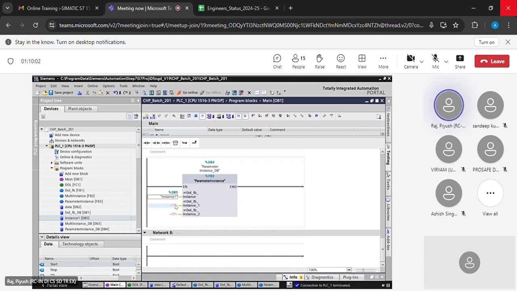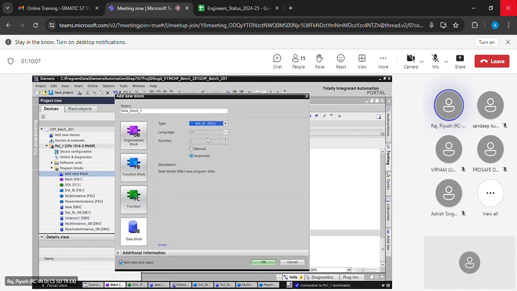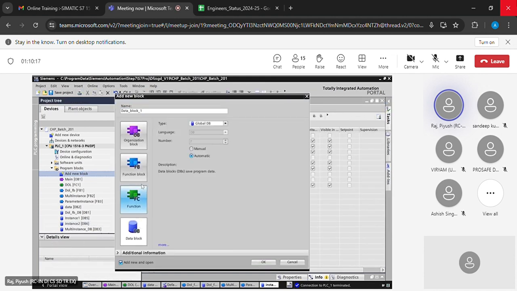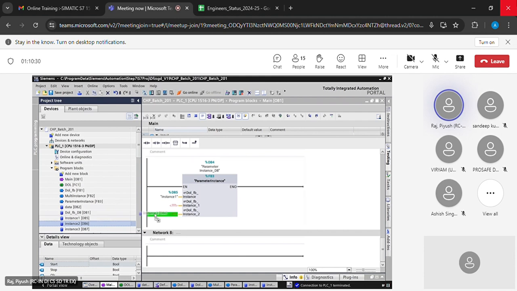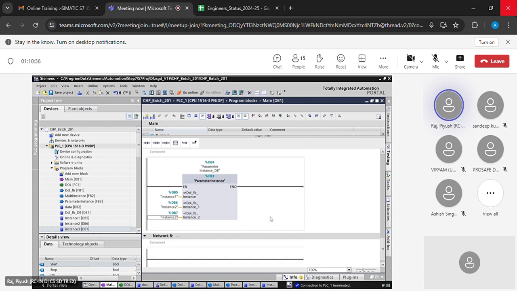In the same manner, you can do it for these 2 instances also. The new block, DB, type should be DLFP, instance 2. And then one more that we can have, DB instance 3, and type will be FP1. So instance 2, instance 3. That's it. So now if you will download,